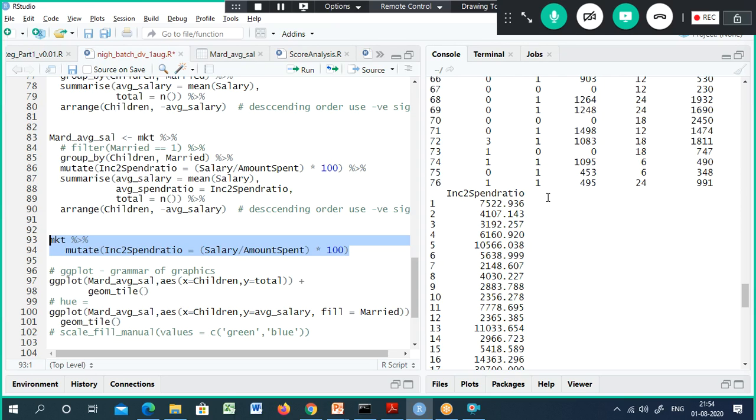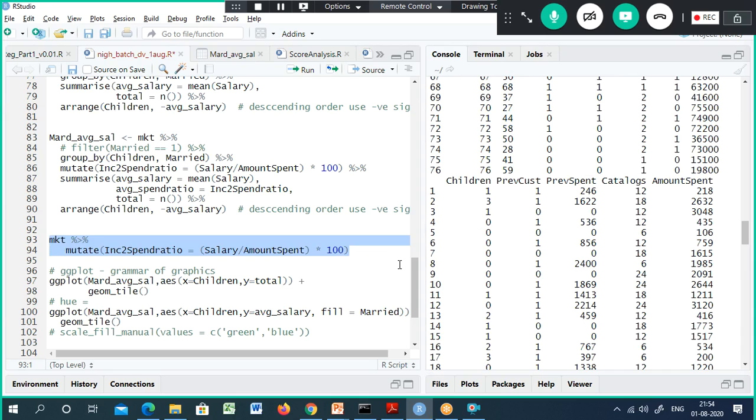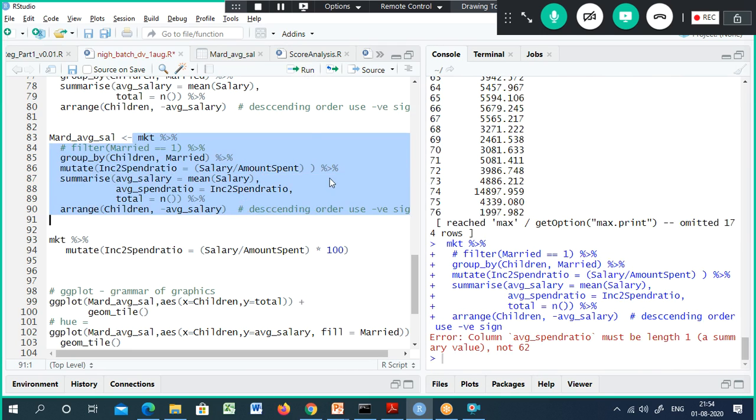See, the income to spend ratio became part of your data frame. It became part of your data frame. Now let us see how we can include this, because here this one is 100. Not seen income to spend ratio.